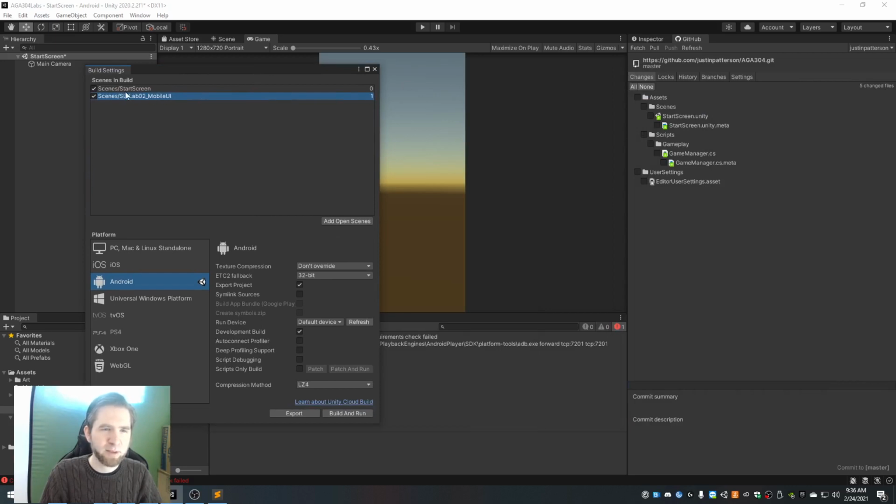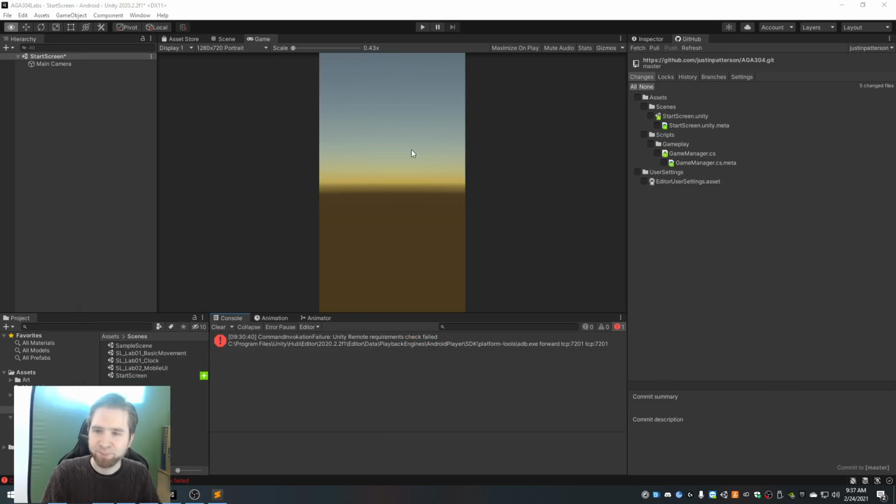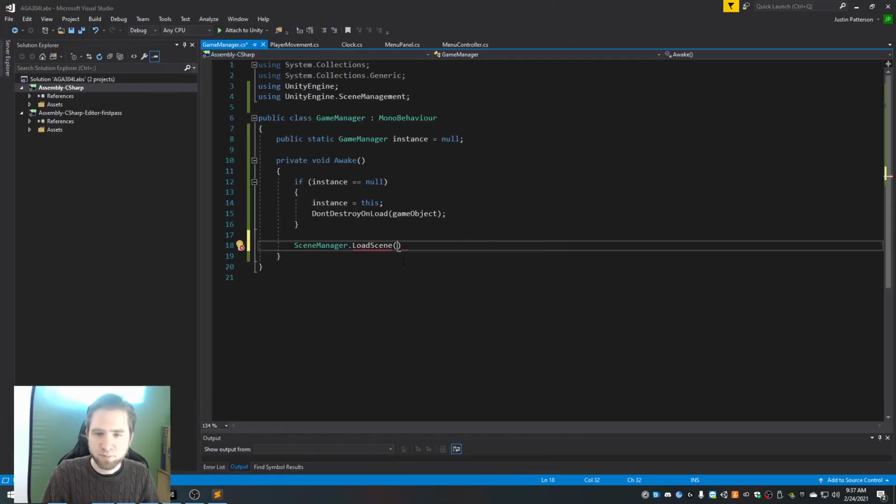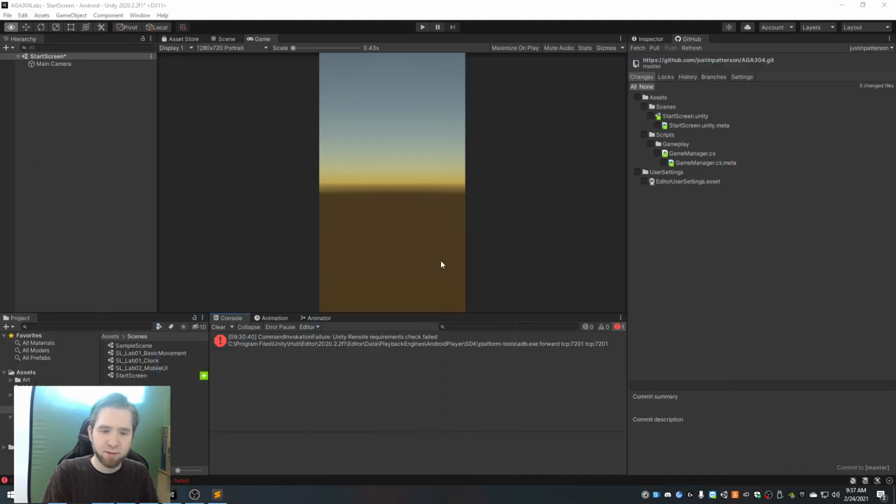That way I don't need to remember the names of the scenes. I just know, okay, 0 is my main start screen, and then 1 is my play screen. That's cool. So I want to load scene 1. And that's just as a test. Yeah, I'll do it like that. That's fine. And so basically, right when I hit play,